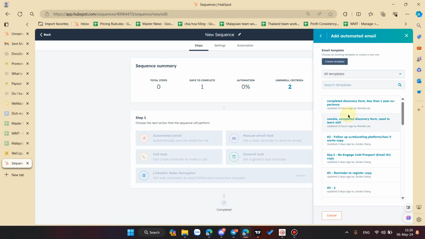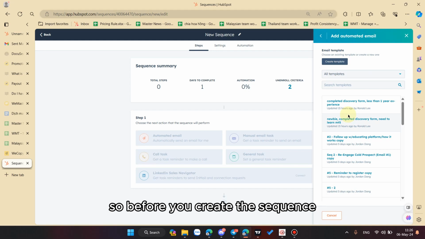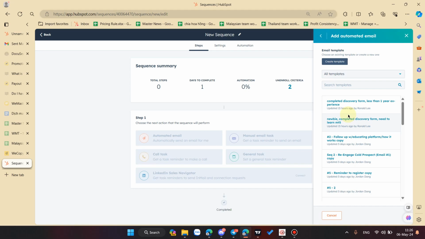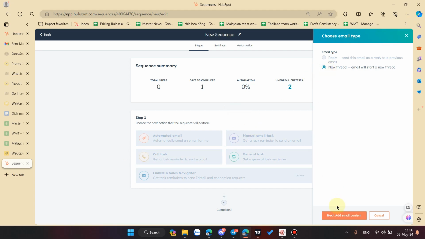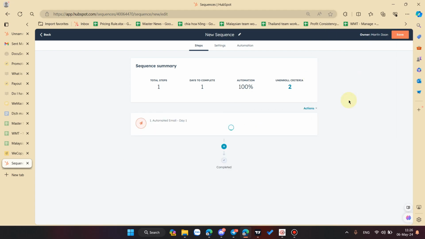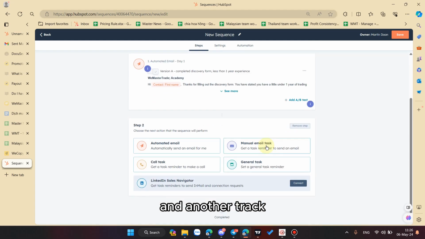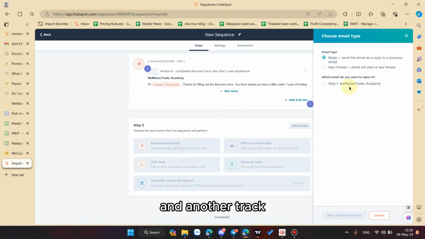So before you create the sequence, you must create the email template beforehand. Creating the sequence is very easy. You just click on new thread. You now choose the email template. All right. And another thread, new email template.